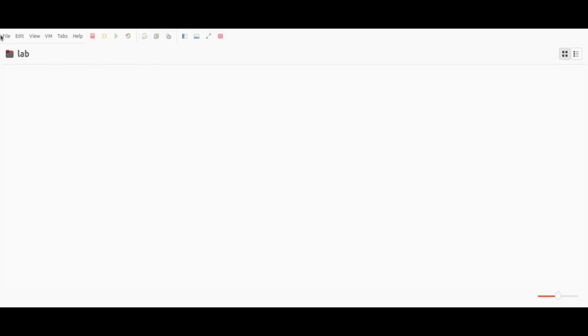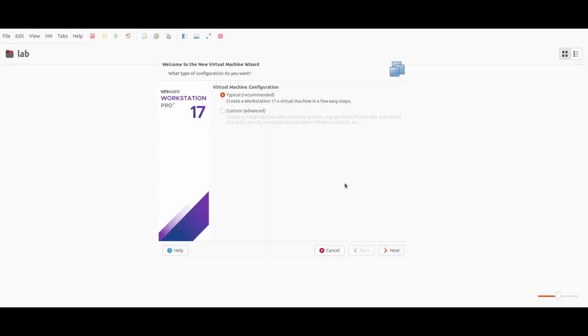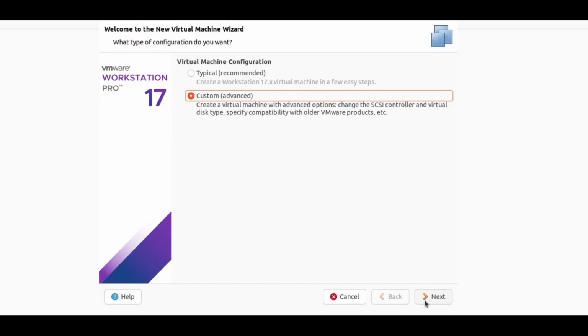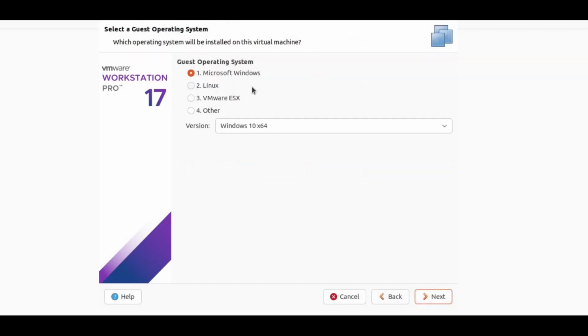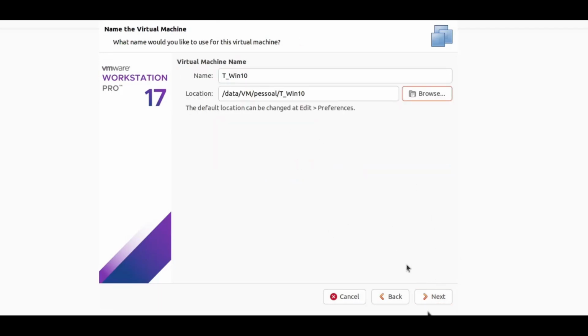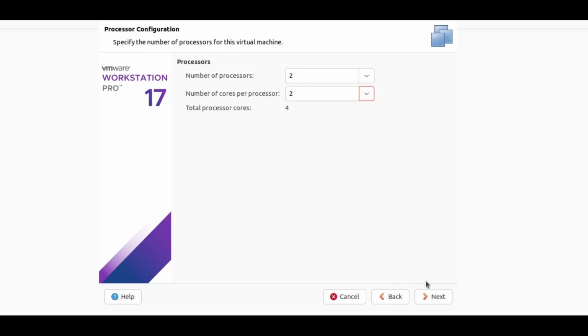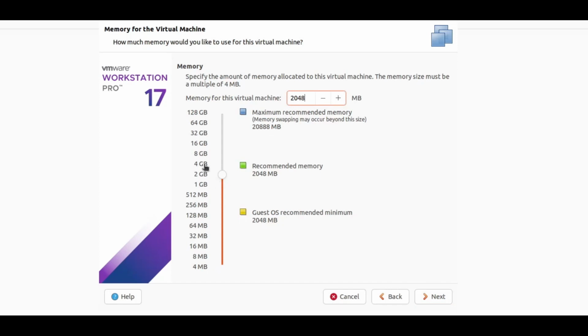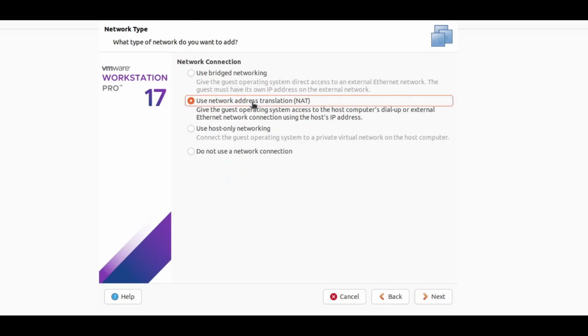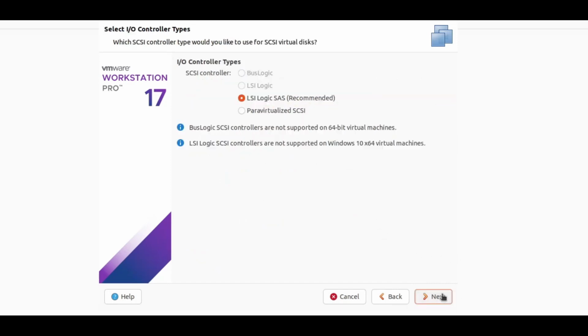So now we can click on File, select New Virtual Machine. Let's use the custom option. Just click Next, and let's select our operating system. I will leave it as Windows 10. I'll leave the custom settings here. Just make sure that I will have enough processing and enough memory. Click Next. I will select the NAT. I will leave it as the recommendation here